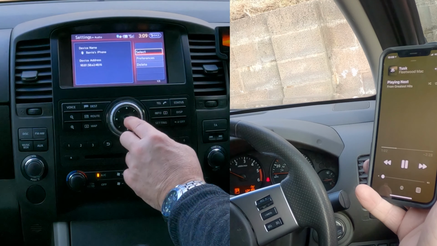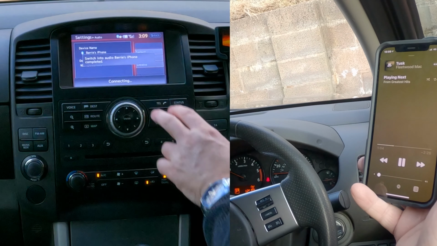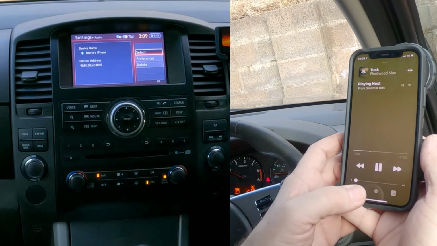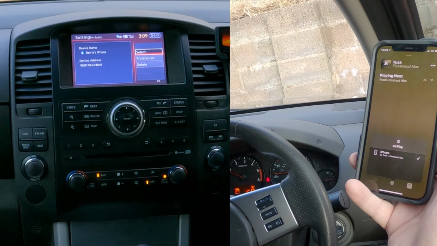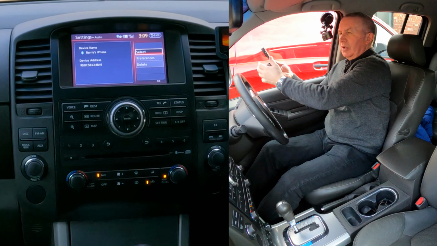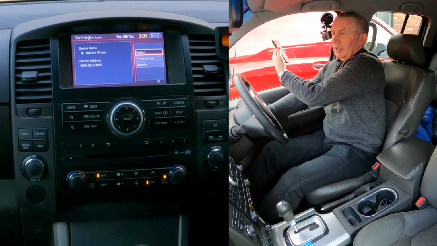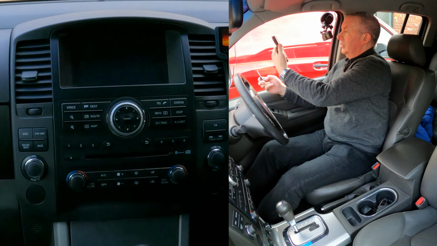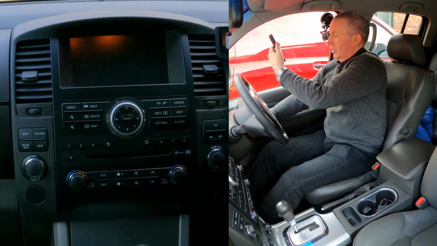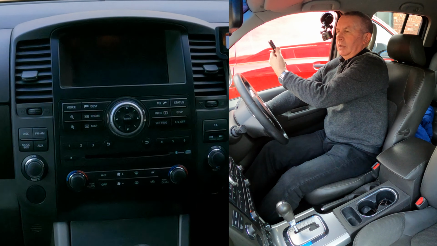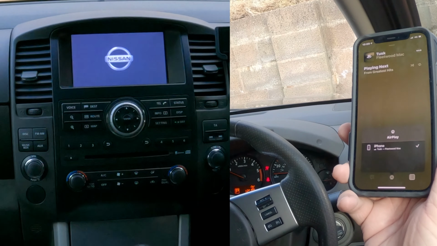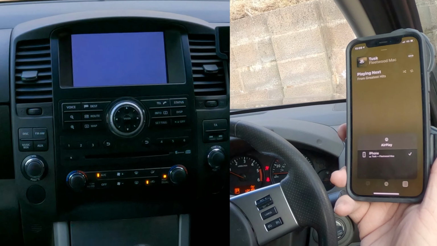Device name, select, switch into audio, Barry's phone. Now, you'll see there, still nothing's happened. But if I turn off the ignition, lock the door, open the door, start the car again, with a bit of luck when it comes back on,